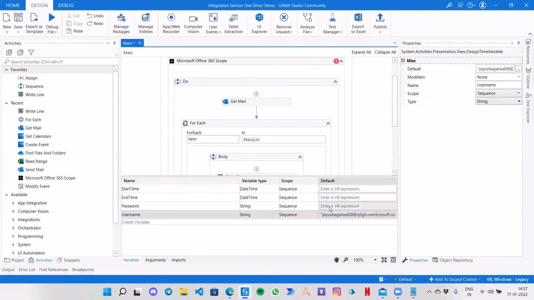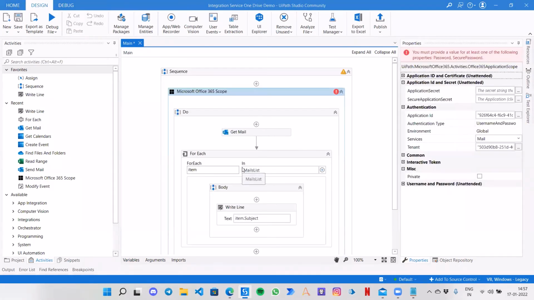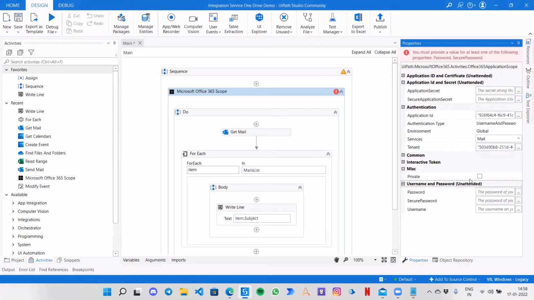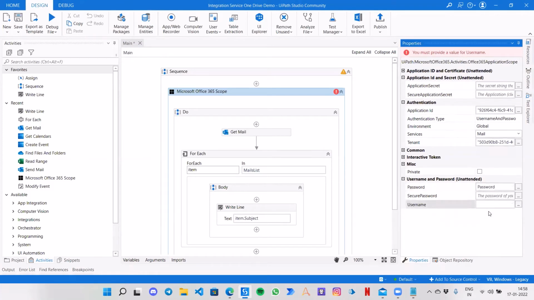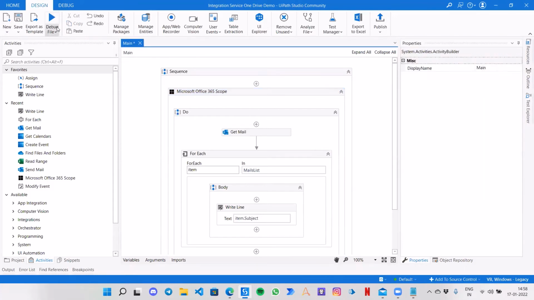And for the password, don't worry, you won't be able to see that. So I have created the username and password variables. Now I have to go to this username and password unattended type. In the password field, I can provide the password variable, and over here the username variable. That is done. Now let's retry to run the bot.